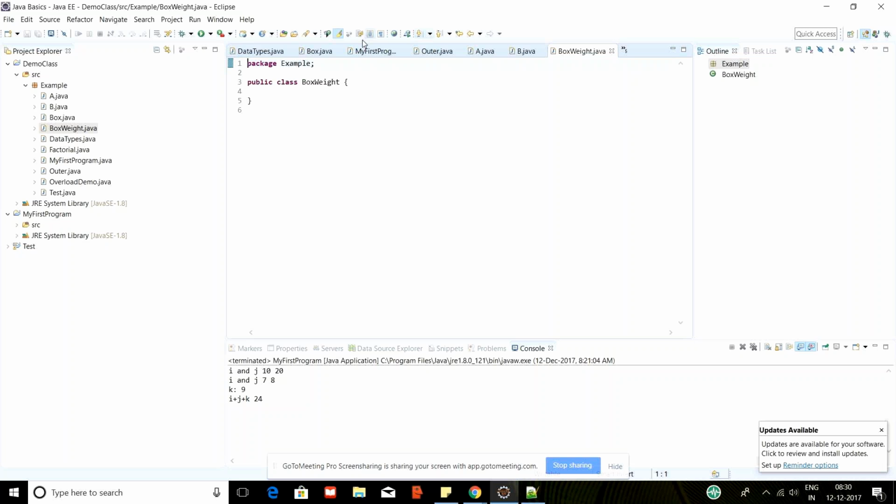BoxWeight extends Box, right? Double weight. This is the weight of the box. Now we are writing Box, defining a constructor. BoxWeight is equal to double